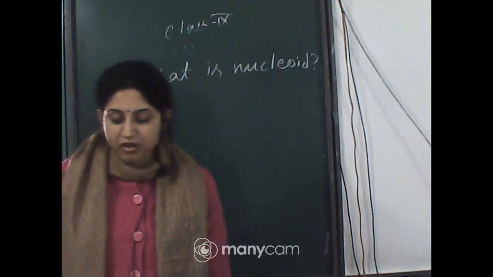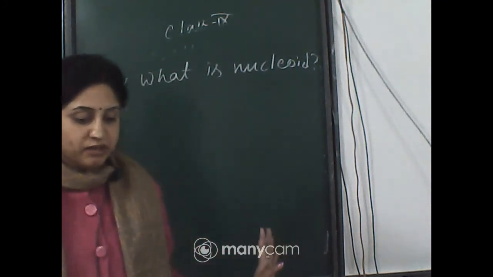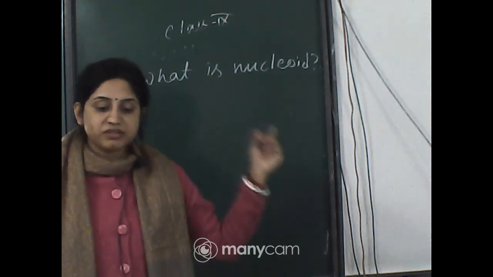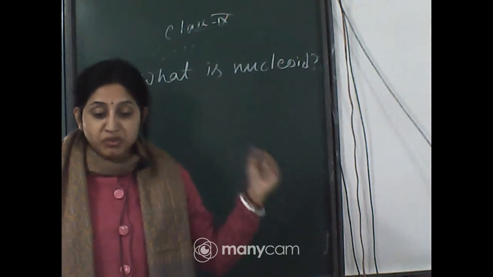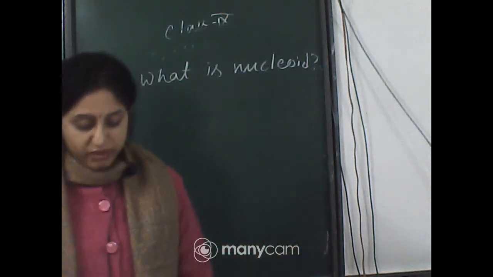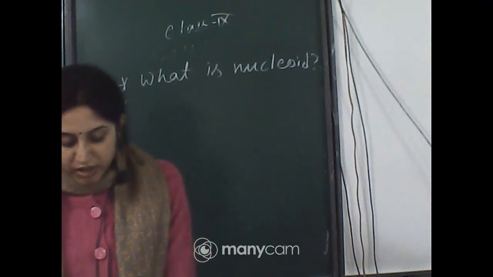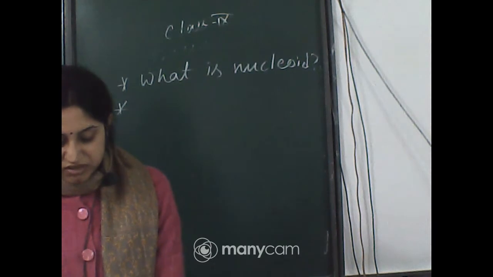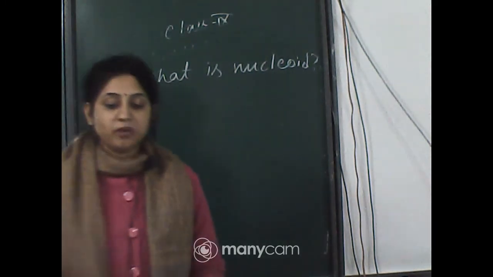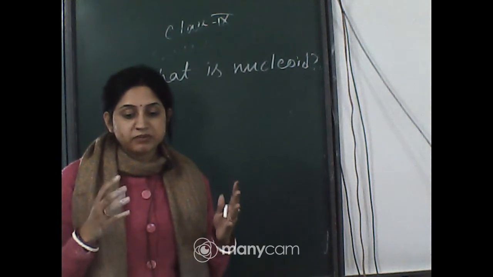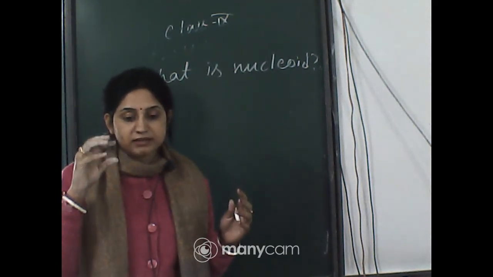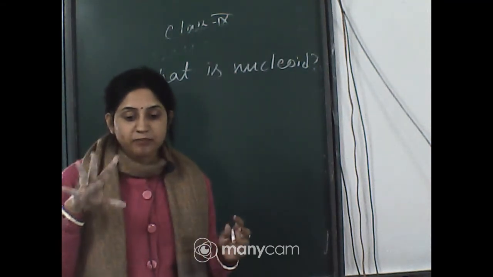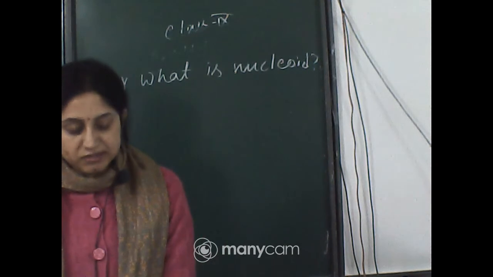Okay. So we have completed the nucleus part: nucleus, nucleoid, nuclear membrane, function of the different parts, gene, DNA, chromosomes. All these things are very important from this part. When we look at temporary mounts of onion peel as well as human cheek cells, we see the region of each cell enclosed by the cell membrane. If you look at any cell very carefully, you can see a nucleus and a cell membrane, and in the space between them some liquid-type substance is present. That is known as the cytoplasm.